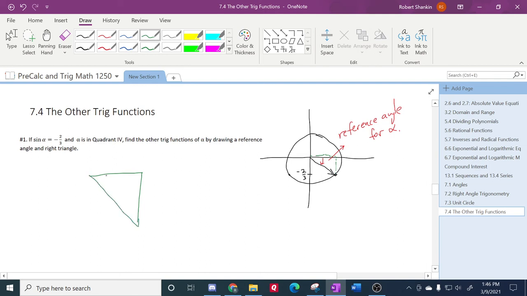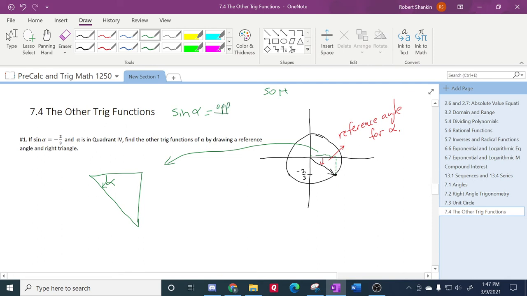And even though this isn't really alpha, I'm going to put alpha here. Let's see. Oops. The reference angle for alpha. So that triangle is blown up over here. And now, these two distances, the sine of any angle is, from SOHCAHTOA,